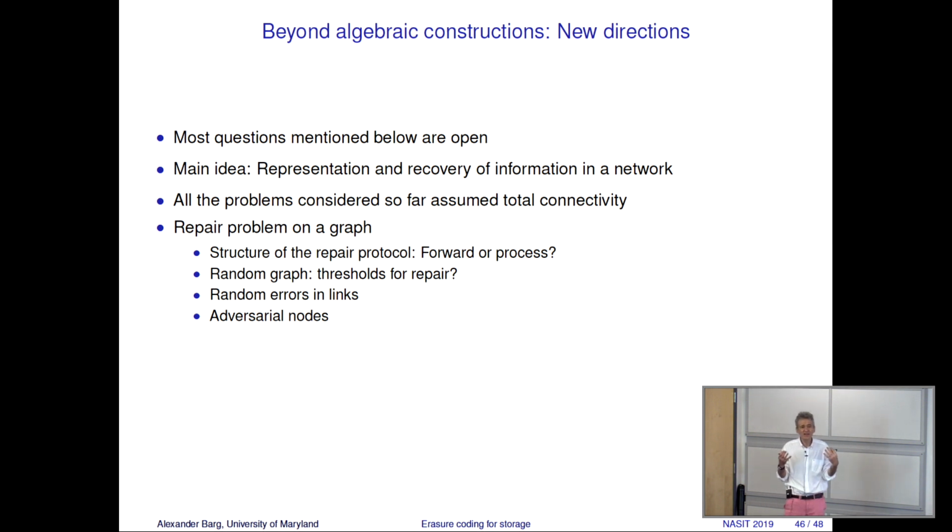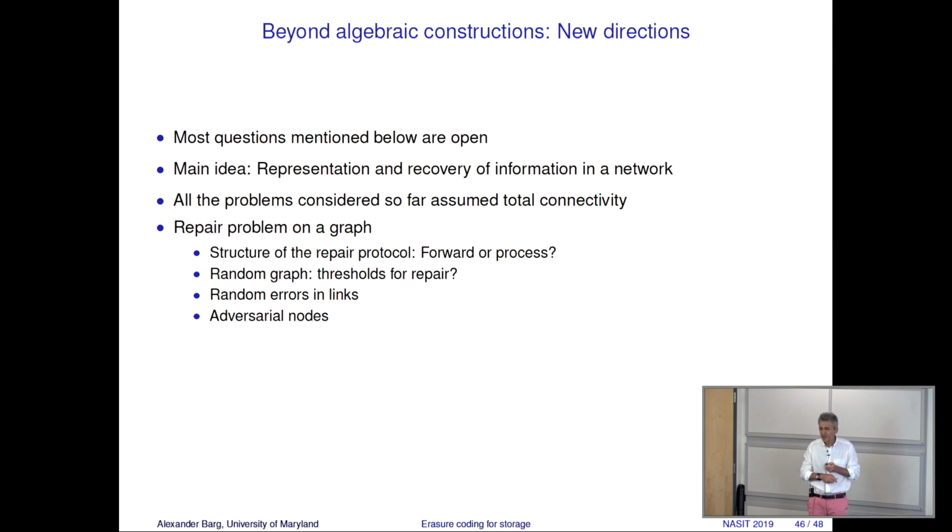Let us consider the following repair question. So far, we have had a complete graph. I remove one edge out of that graph. What can you say about repair? What is optimal repair? What is the optimal bandwidth? I don't know. So should we, as we said, relay or process?